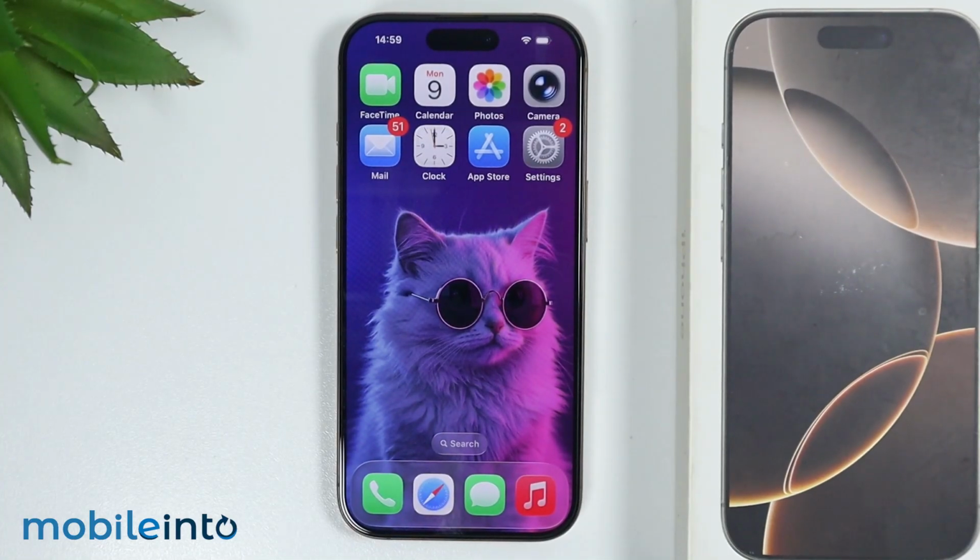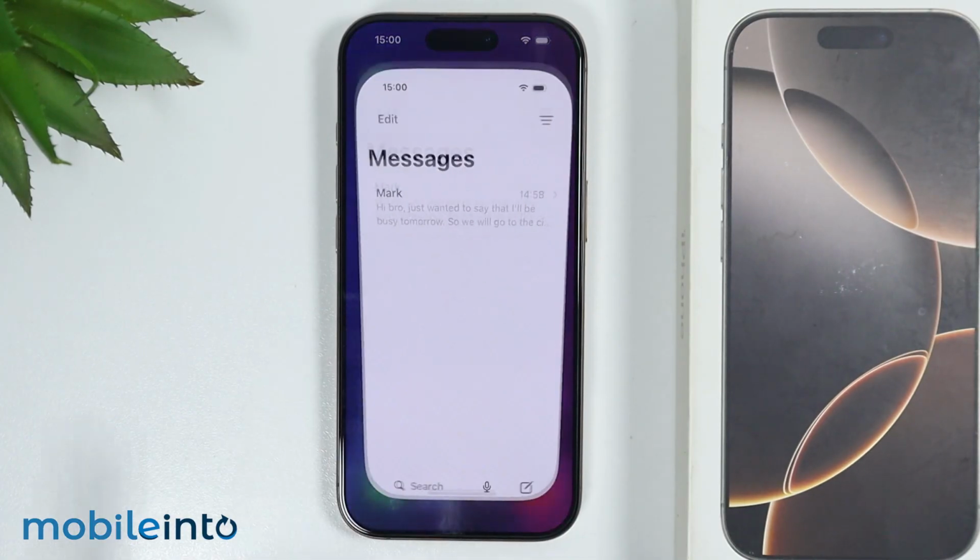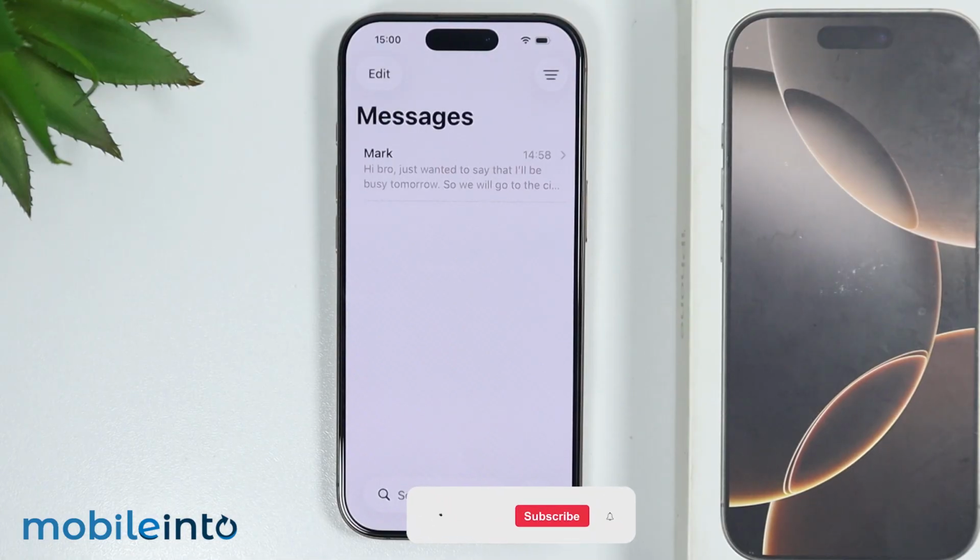In this video, I will show you how you can email a text message on your iPhone 16, 16 Pro, Pro Max, or the Plus. So let's get started. Now to do that, first of all, just open the messaging app on your iPhone,